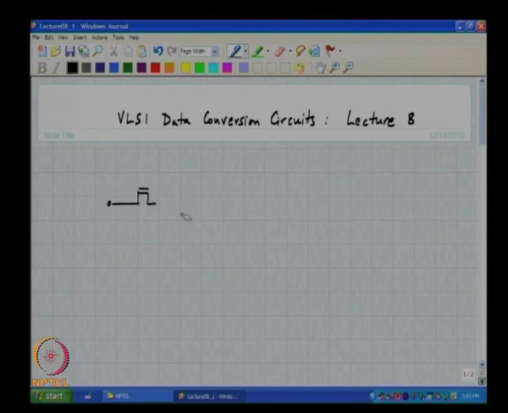In other words, the device that we are familiar with, which can be used as a switch dependent on an external control signal, is the MOS transistor. This input voltage needs to be sampled and held on this sampling capacitor, and the basic idea is during the sample phase the switch is turned on by connecting this to a high voltage, and when you want to hold the voltage you just turn the switch off so that the input is sampled